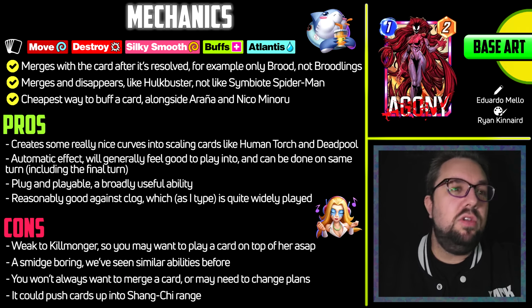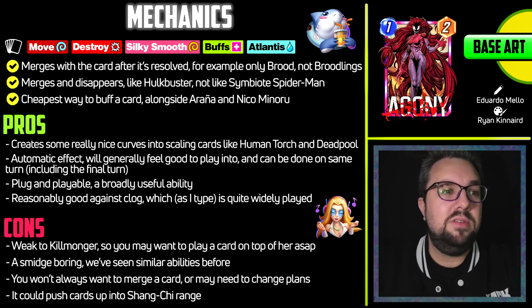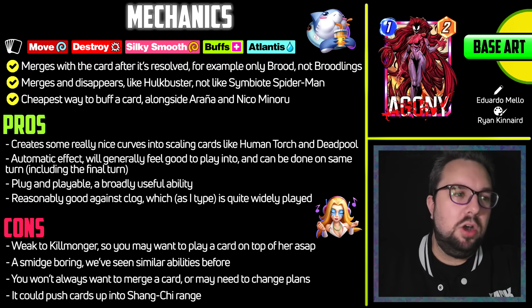It's a broadly useful ability that is going to fit into pretty much most decks unless they're trying to do a specific thing. And she's reasonably good against Clog, which as I read this is quite widely played. Her cons. She's